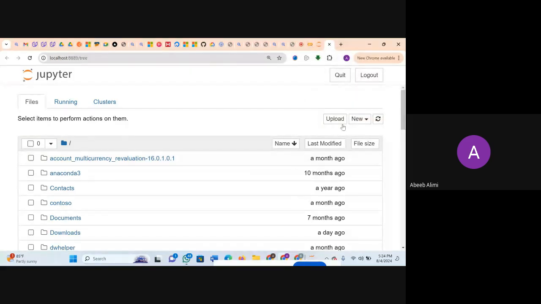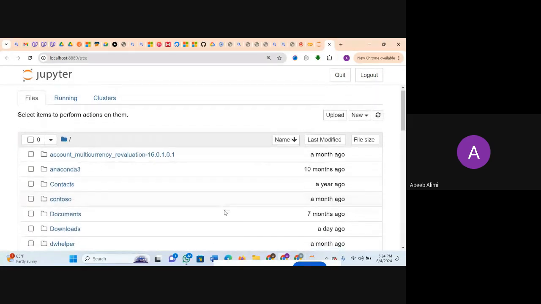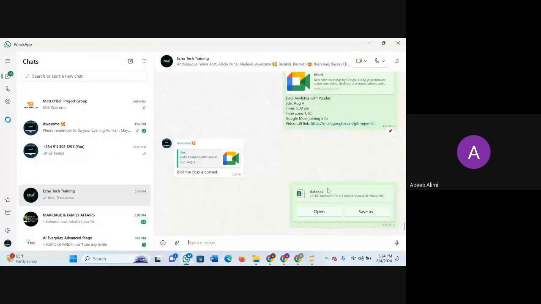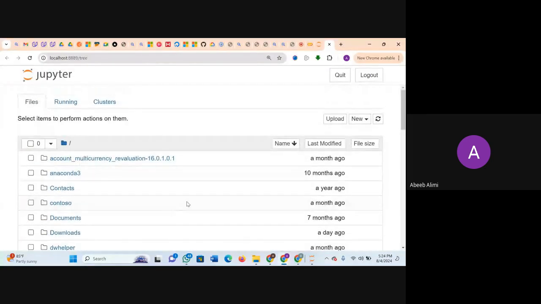If we want to do this, all we have to do is to put our data sets directly into our Google Drive, which is one way that can actually make it faster. But with Jupyter Notebook, I have my data set. And another thing is, if you haven't downloaded the data set, it is on the group. The data set is actually called data itself. So let's try to download that. All right, so let's see.